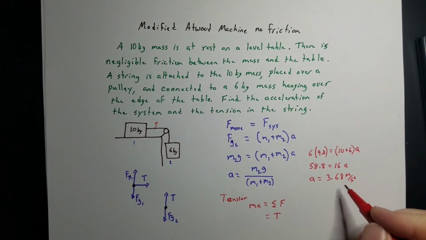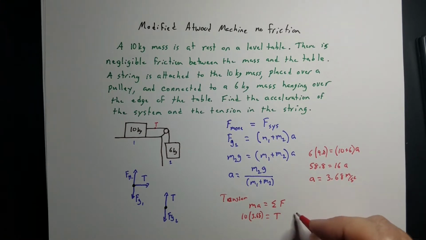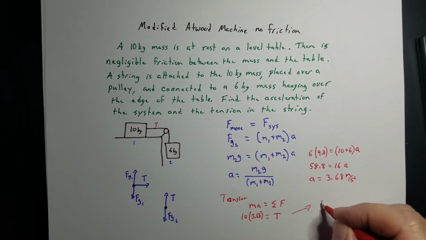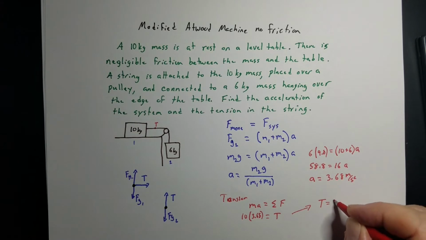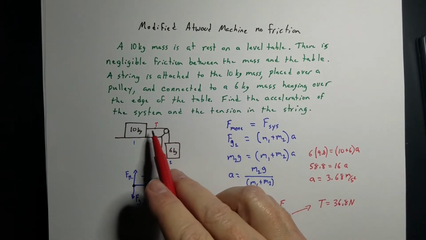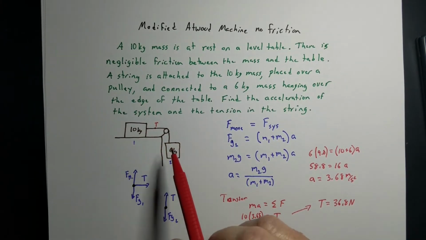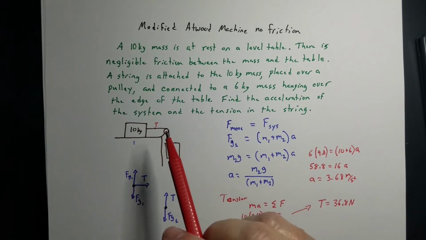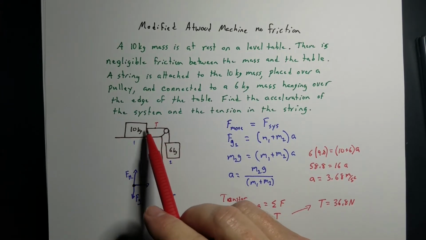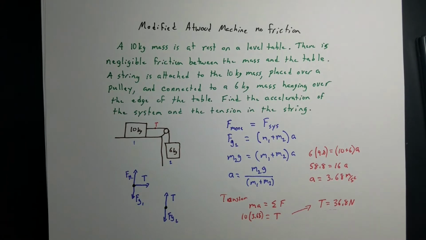And so MA, well, the mass is 10, and the acceleration is 3.68. So that means, if I go over here, that the tension is going to be 36.8 newtons, is the amount of force in that rope, because this rope is just pulling that block. Remember, ropes only pull, they don't push. If a rope pushes, it's not a rope, it's a stick. So that rope, string, whatever this is pulling, and so it has to pull with that force to move that